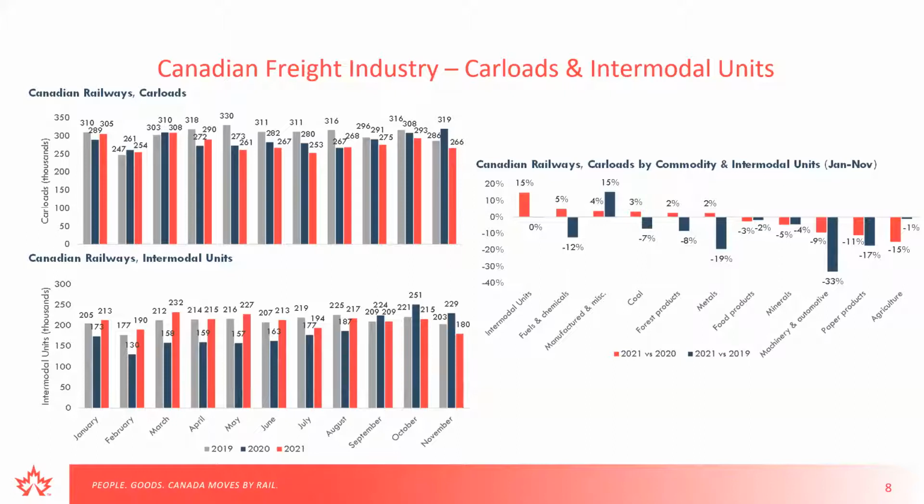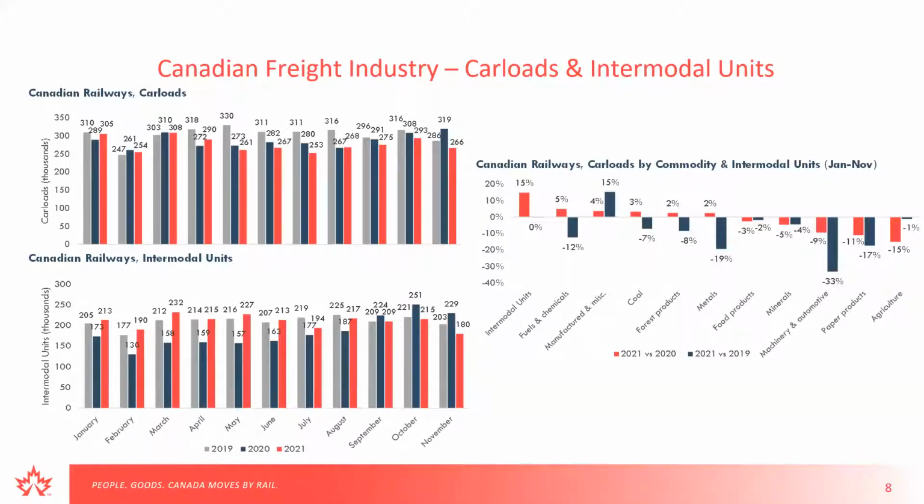And a note of the non-Class 1 data, a lot of it is going to have a lag. So you see there's no December data. And because we're never going to have the full quarter's data within 6 weeks of the close of the quarter, and we don't want to wait too long till the data is less relevant, we put it out and we explain it on a year-to-date basis. So we show monthly data on the left here, and then on the right, we're doing a January to November year-to-date. So that's just how that data and some other data is analyzed throughout the report.